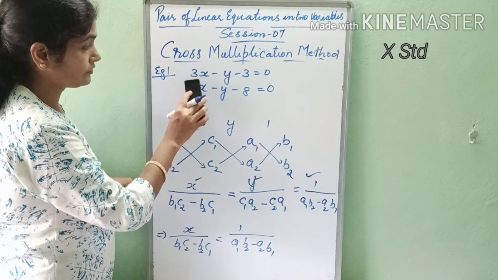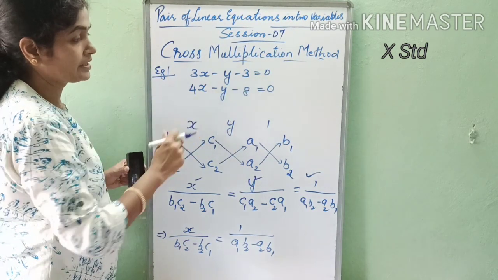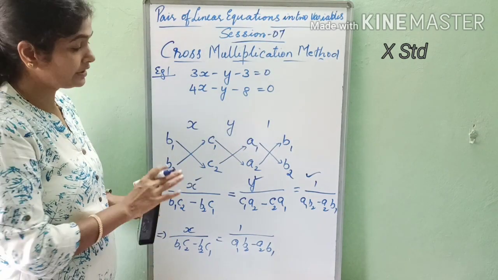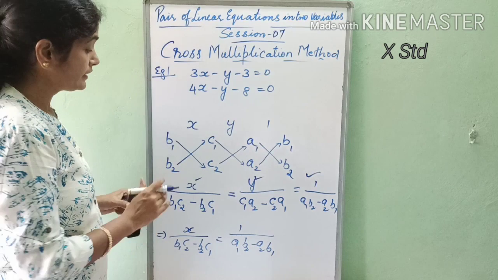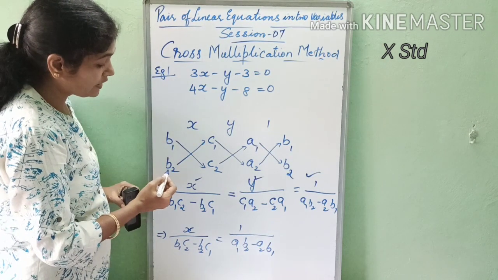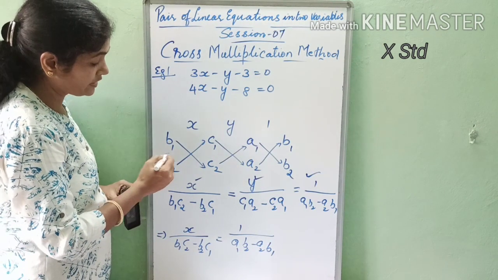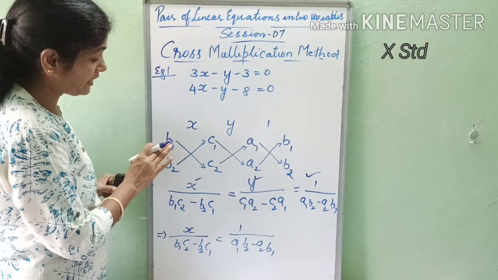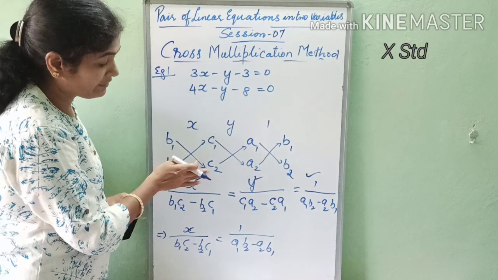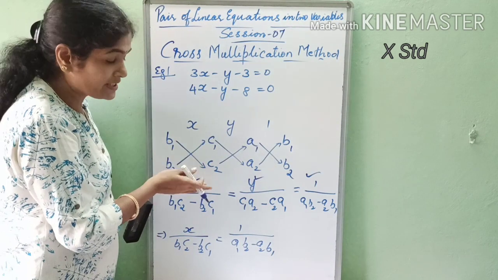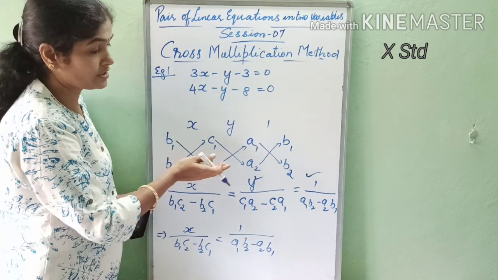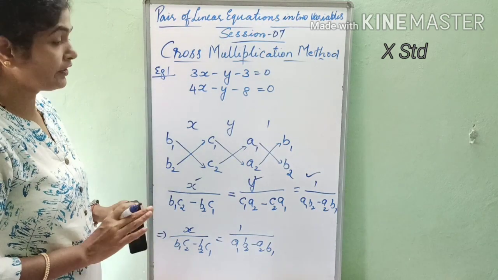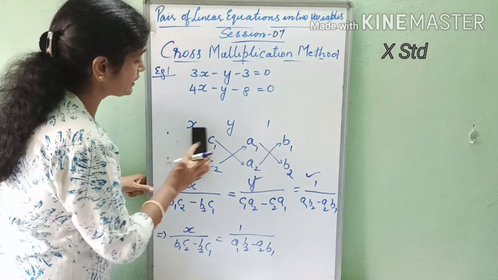So as I said, both of them are in the standard form. Now we will write the coefficients of x, y and 1 in this form. We are writing b1 and below b1 it is b2. There is no fraction in between, don't think that it is b1 by b2. We have just written one below the other, c1 and below it c2, a1 and below it a2, and below b1 we are writing b2. Fine. Then how to write that systematically?